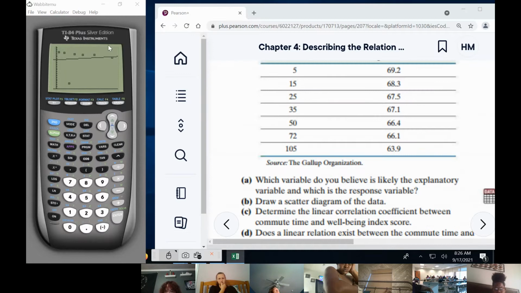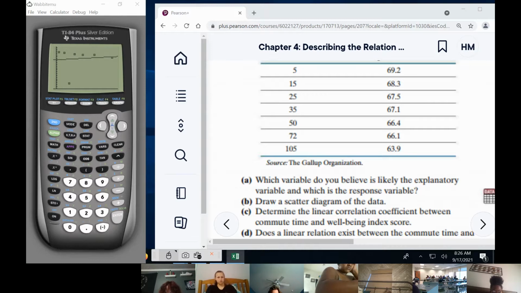There we go. And I'm going to type these in right quick. 5, 15, 25, 35, 50, 72, 105, and then I'm going to go over to B,